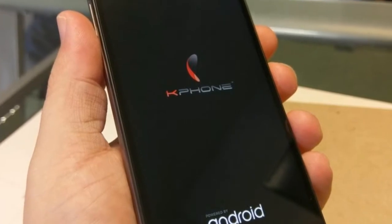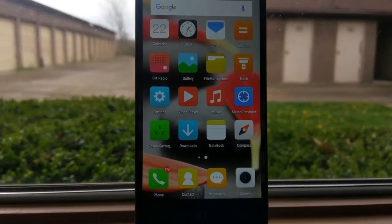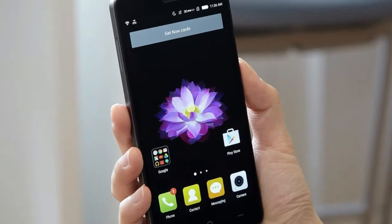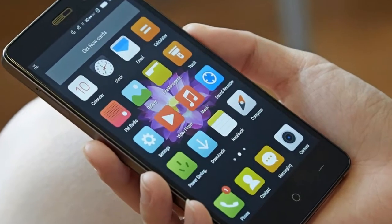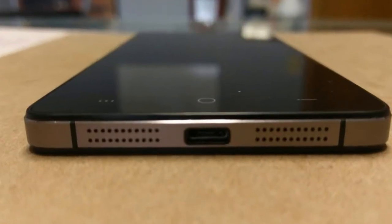1,591, and the K5's result looks a little more respectable, though it still trails both the Nexus 5X, 3,507, and the Honor 5X, 2,990. Cameras. The K5's 13-megapixel rear camera does an acceptable job of capturing most moments, particularly in well-lit indoor settings